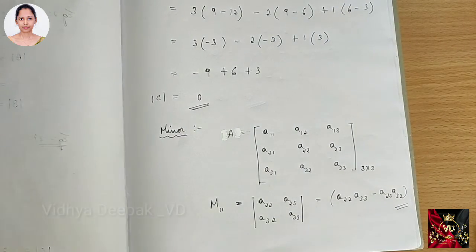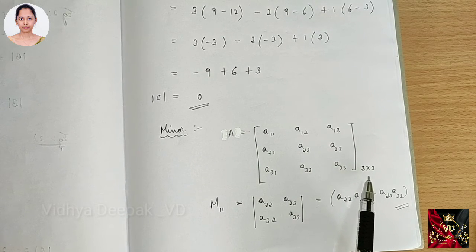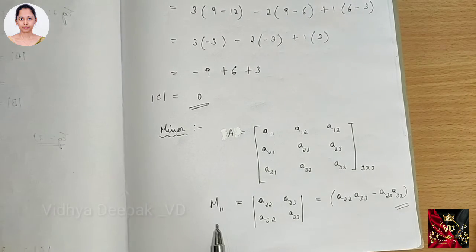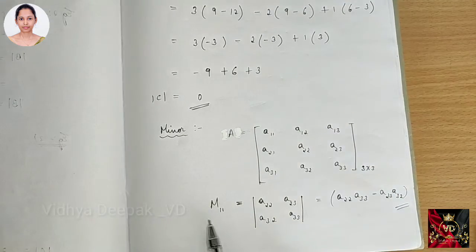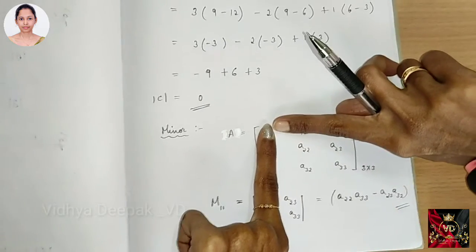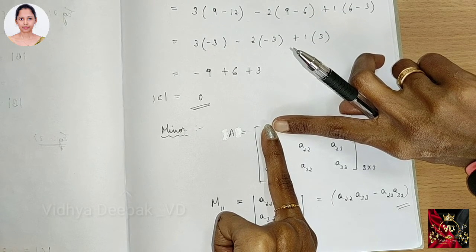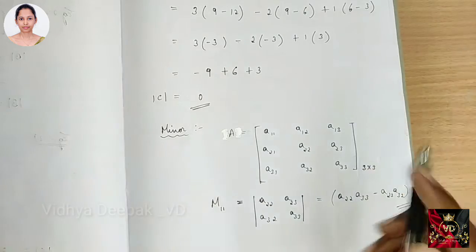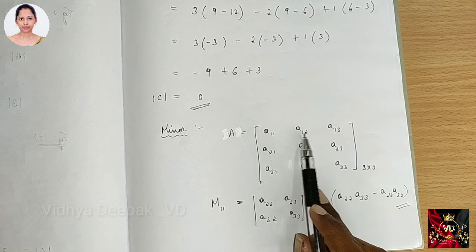Let's check out what is minor of a matrix A. Okay, so we have a matrix A here which is of order 3 cross 3 and it should be a square matrix always. Finding the minor of the first element can be written as minor of A11. First row first column element, we have to delete the corresponding column and row of this element A11. So what are you left out with? A22, A23, A32 and A33. So find the determinant of this in order to get the minor of A11. Likewise we can find the minor of A12, A13.